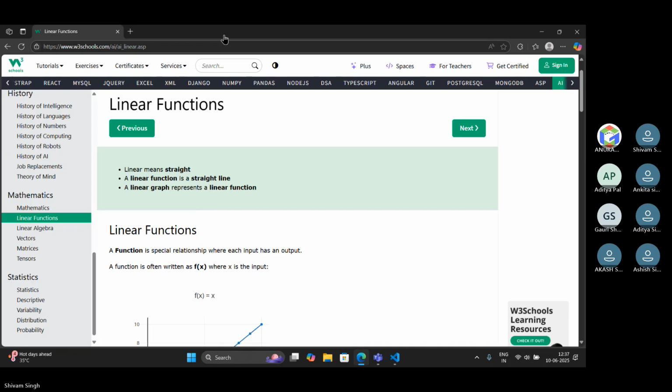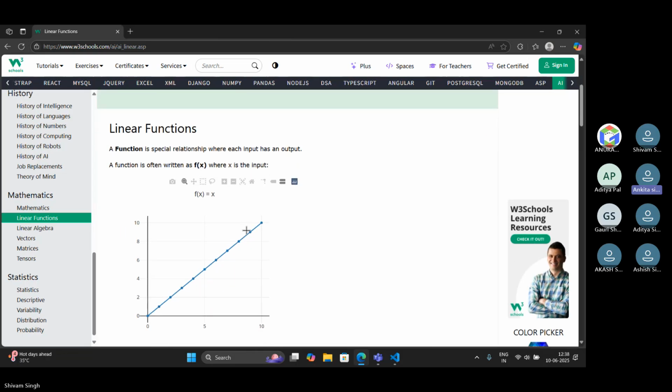Now linear function. Linear function means linear, straight. A linear function is a straight line, and a linear graph represents a linear function. A linear function is a special relationship where each input has an output. A function is often written as f of x, where x is the input.